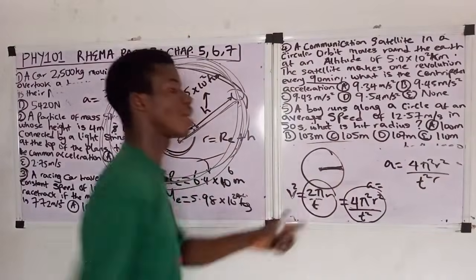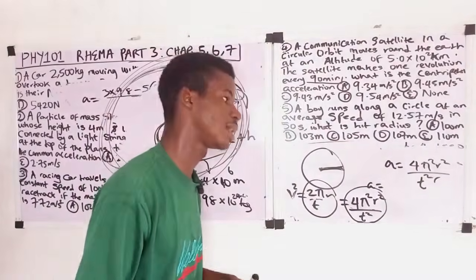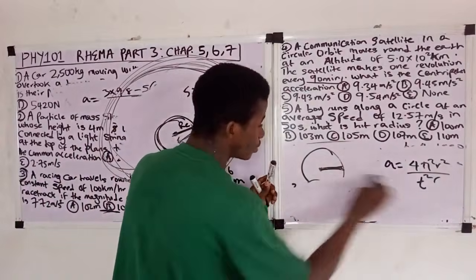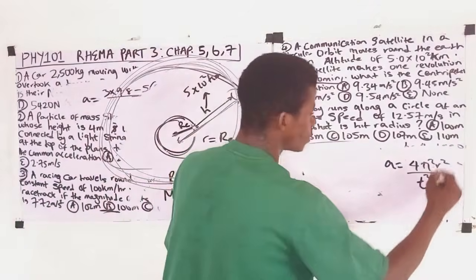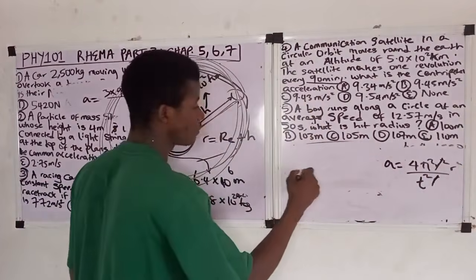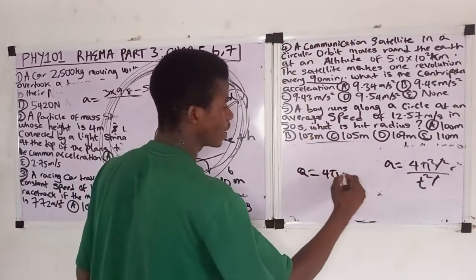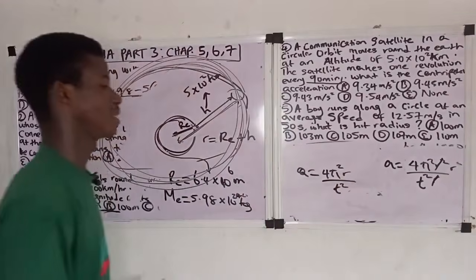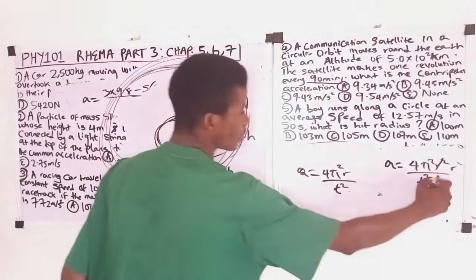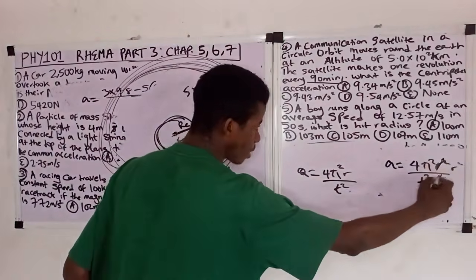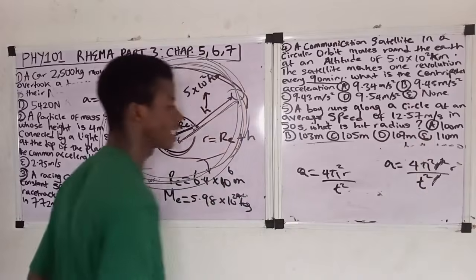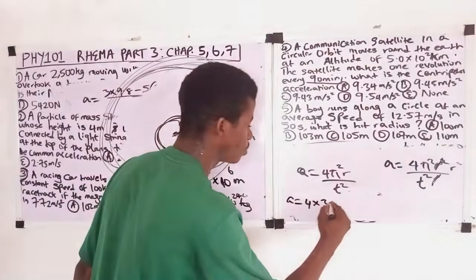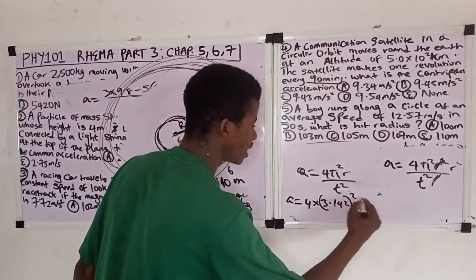So let's continue. Our acceleration is now 4 pi squared r squared divided by t squared r, right? Now what are we going to do next? We cancel. This one will cancel this, and we'll be left with one r. So therefore, acceleration will be equal to 4 pi squared r divided by t squared. Now let's continue. It will be equal to 4 times pi, which is 3.142, all squared, then times